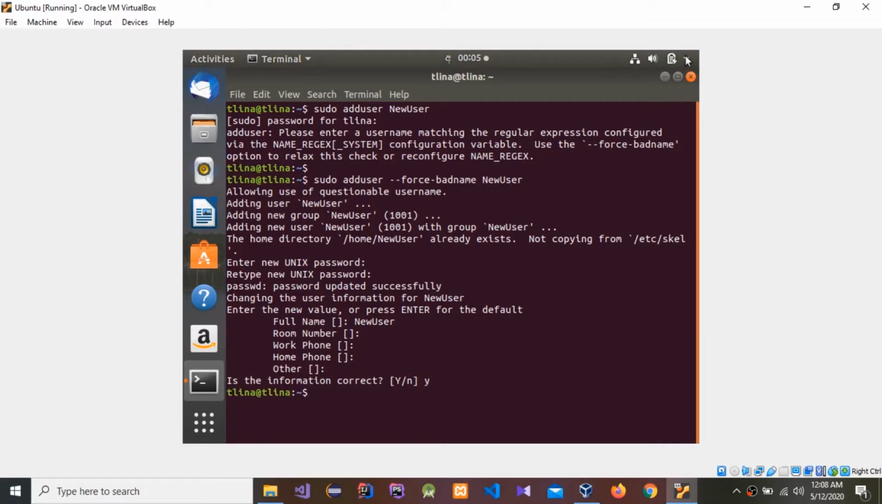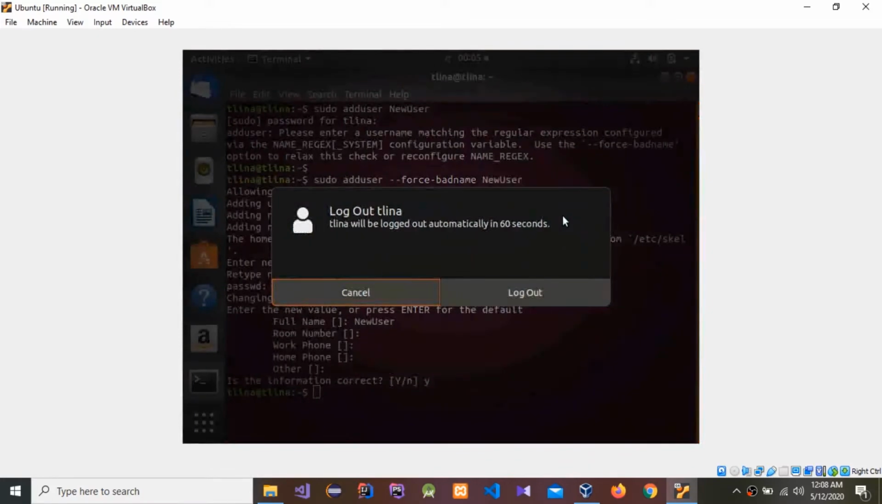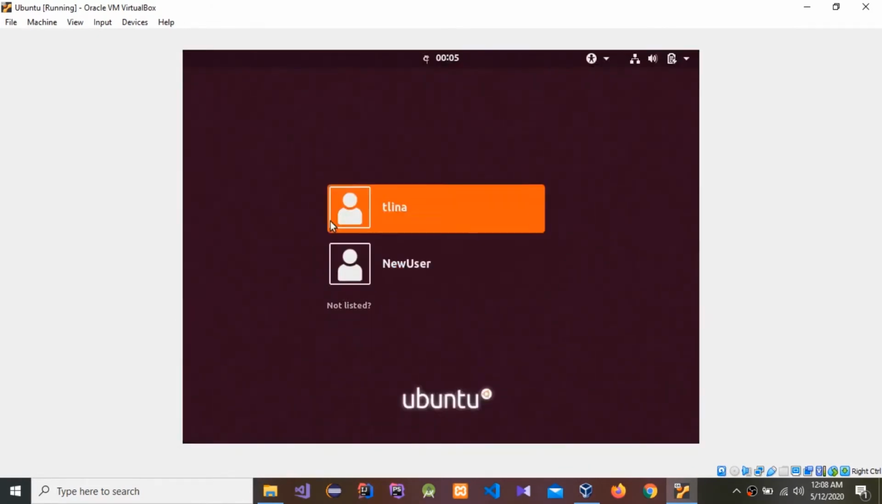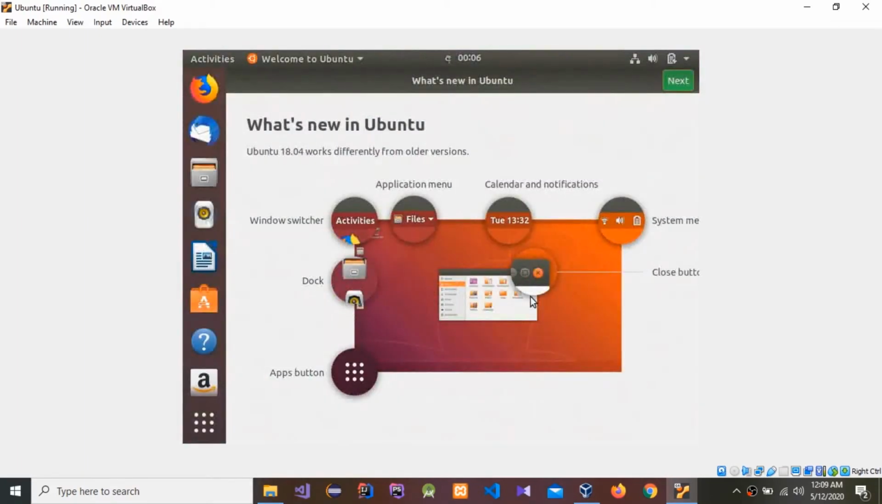Now I'm going to show. Now I'm going to log into new user. You have to log out. Log out. This is our created new user. Now I'm going to log into new user. Okay, this is our created new user. This is how to create a new user